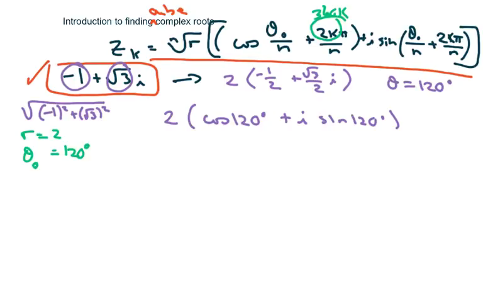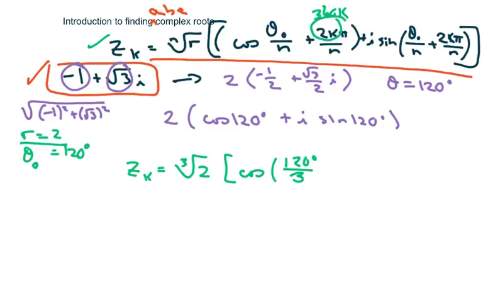So let me rewrite that, and we're going to write z_k equals cube root of 2, because that's our radius, and we're looking at this formula here. We're just going to change this, and it's going to be cosine of 120 degrees over 3, because our n is 3,